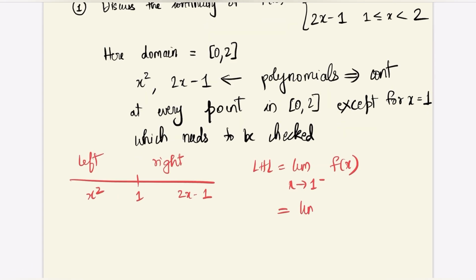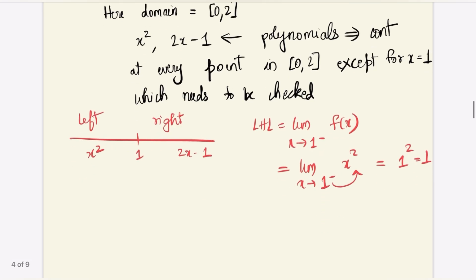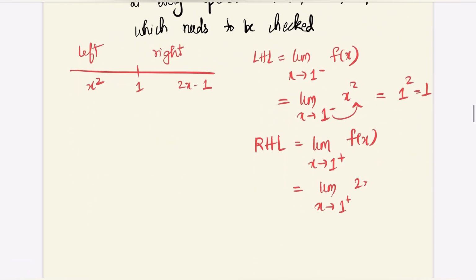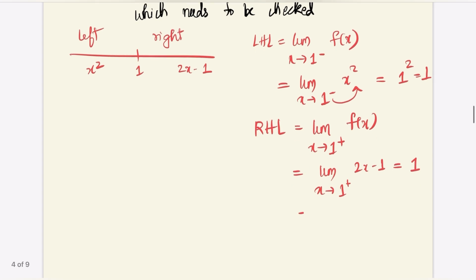So it is the limit as x tends to 1 minus of x square. You just need to substitute 1 over here, and the answer is 1. Also, the right hand limit is the limit as x tends to 1 plus of f of x, which in this case is 2x minus 1. I substitute 1 over here, I get 2 into 1 minus 1, which is 1,